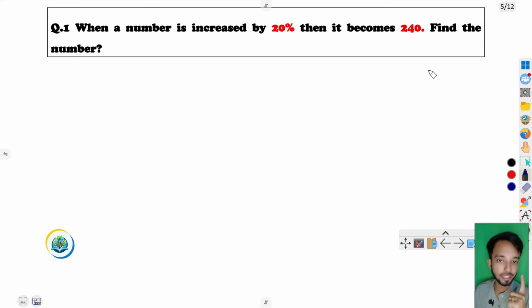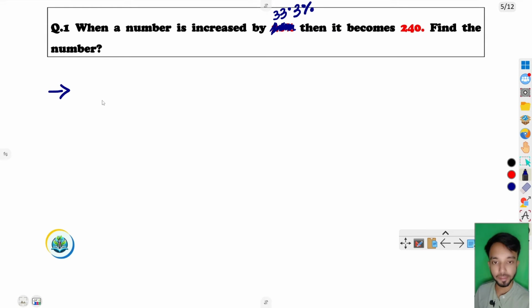Okay, now let me increase the level of this question. We have already completed level 1, where we easily found the value. But now I will increase the level of this question by replacing this 20% with 33.3%. So what if I replace the 20% with 33.3%? Now we have a decimal. Let's try the same technique we used for 20%. Let's try solving in the same way. What will we get?